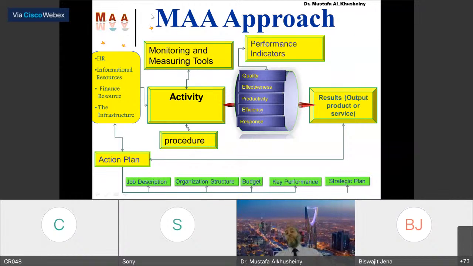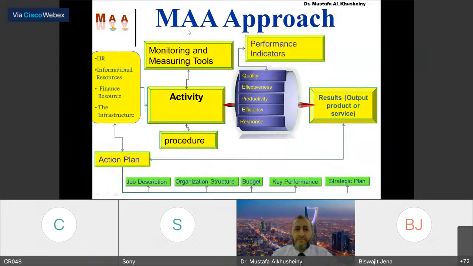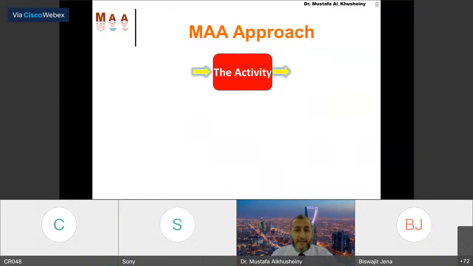Through my approach, we can get an action plan for any activity. And from action plans, we can get the job description for all the employees, the organization structure, the budget, the key performance, the strategic plan. So in one methodology, we can get all the management parameters which any organization needs. So now my approach